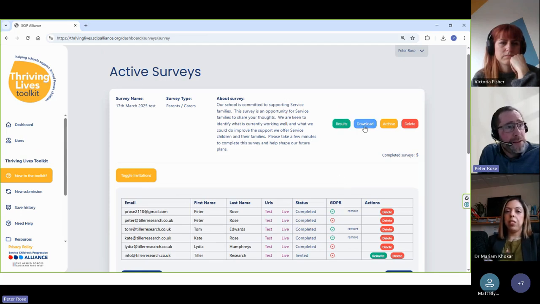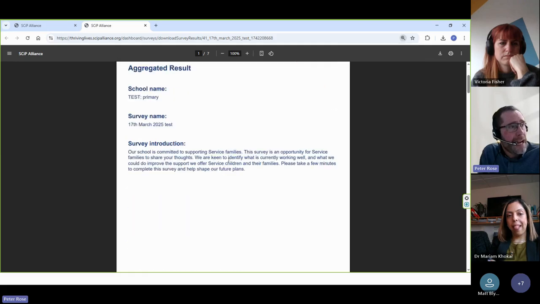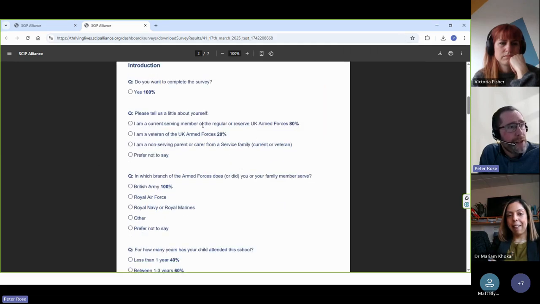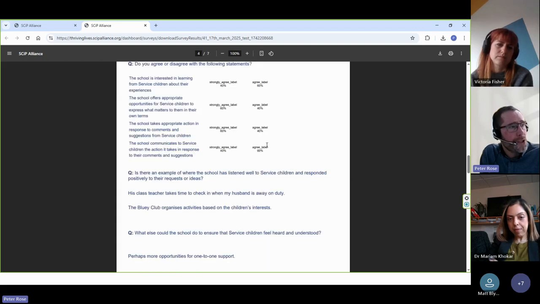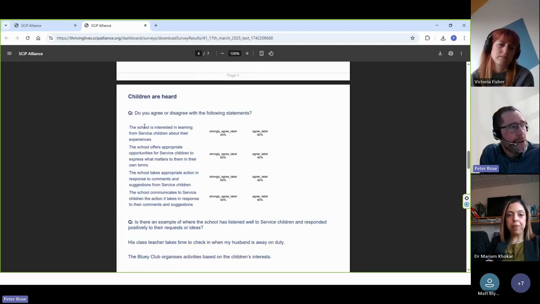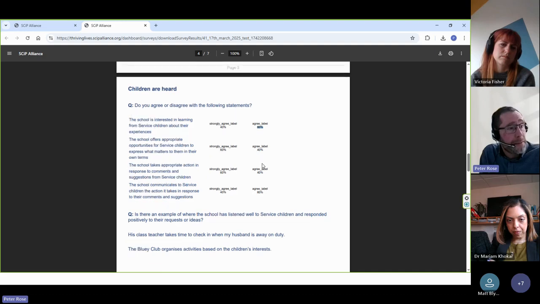Once you're happy with the responses that are received, you can then look at the results, which gives you an aggregated report. What this does is automatically calculate the responses to all of the quantitative questions. So for example, with the question, do you agree or disagree that the school is interested in learning from service children about their experiences? 40% have strongly agreed, 60% have agreed to that statement.